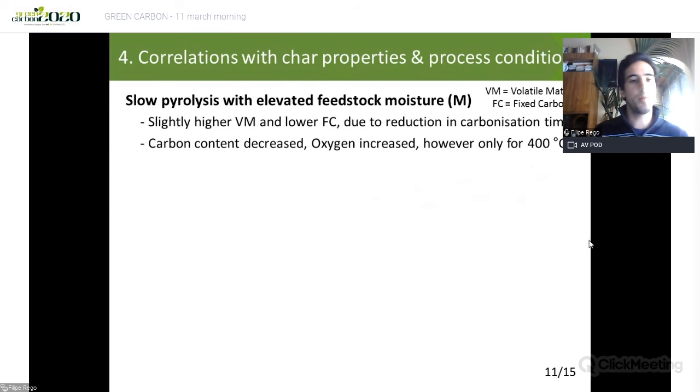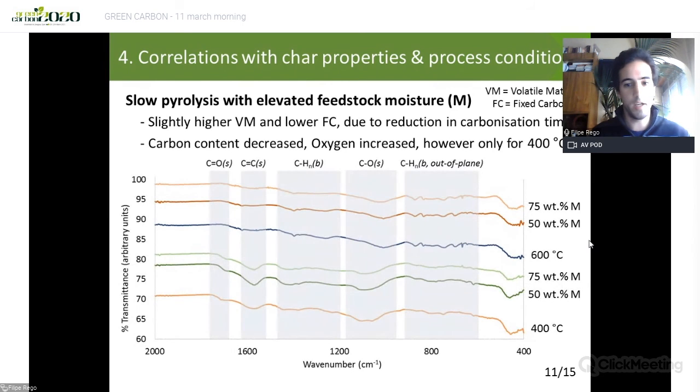In terms of other properties, I studied the proximate analysis of the chars. So from the elevated feedstock moisture contents, I saw a slight increase in volatile matter compared to the normal slow pyrolysis chars. And this was due to a reduction in the time available to carbonize the material. So there's more moisture, there's more energy expense and time to remove the moisture first. I also saw an increase in oxygen and decrease in carbon, however, only for the lowest temperature chars, which was interesting. I also did the infrared